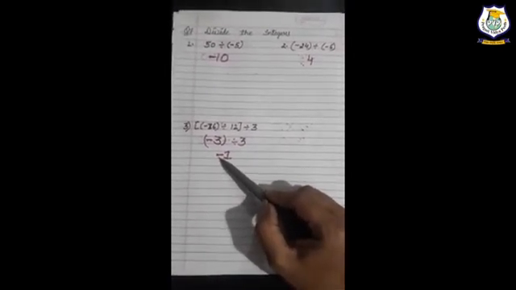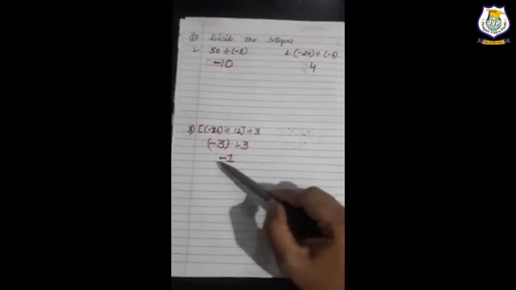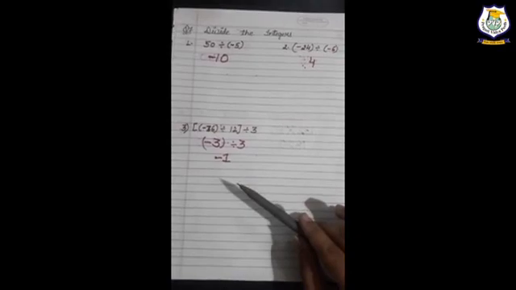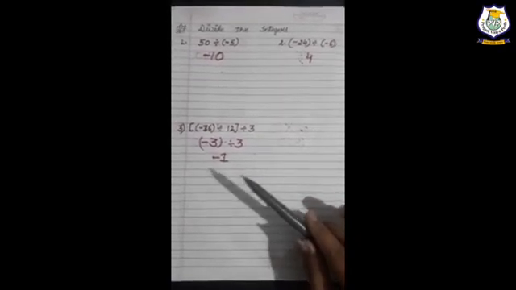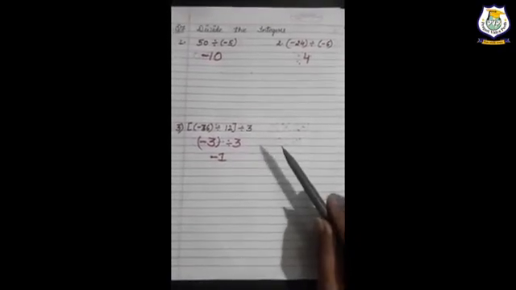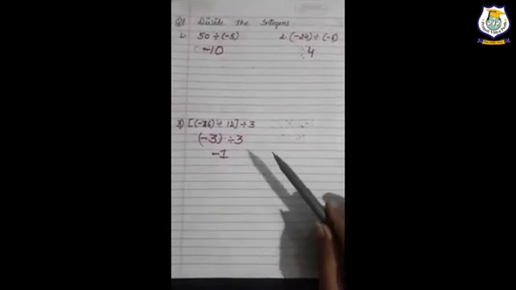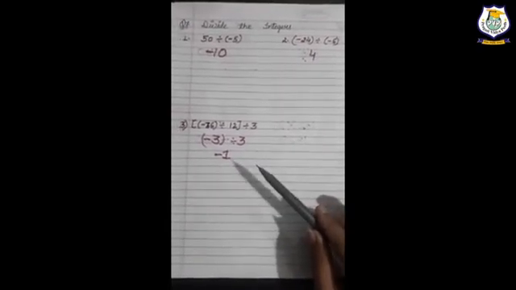I think you all understand how we will do the division. The same rules we follow in the multiplication, we follow in the division also. If opposite sign numbers are given, then the answer will come with the negative sign. If the same sign numbers are given, then the answer will come with the positive sign.